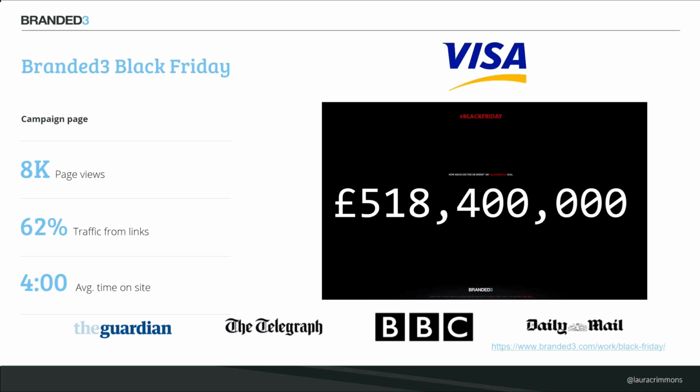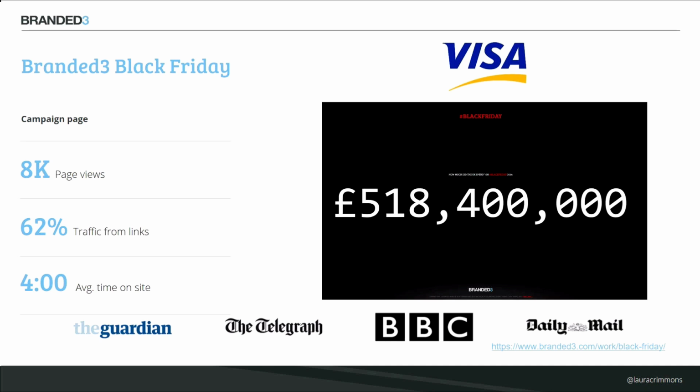Another option for this is acquiring third-party data. This example isn't from us purchasing data. It was data that was already released by Visa Europe, but it's showing using third-party data to inform something. This was Black Friday back in 2014. We saw a prediction from Visa Europe in terms of how much money was going to be spent per minute on Black Friday, and we thought that was kind of interesting.